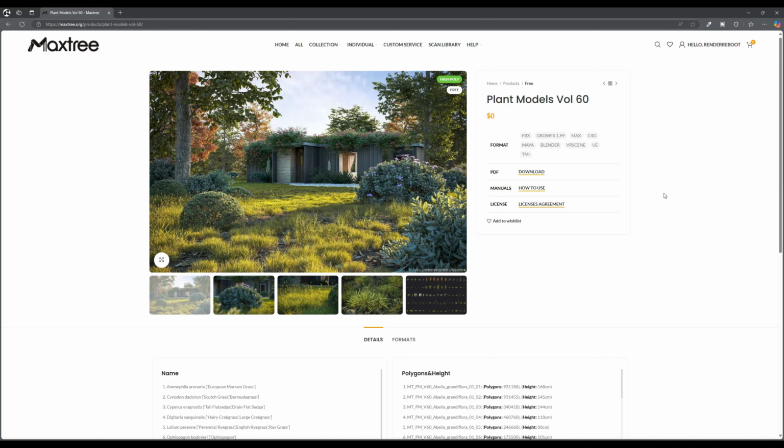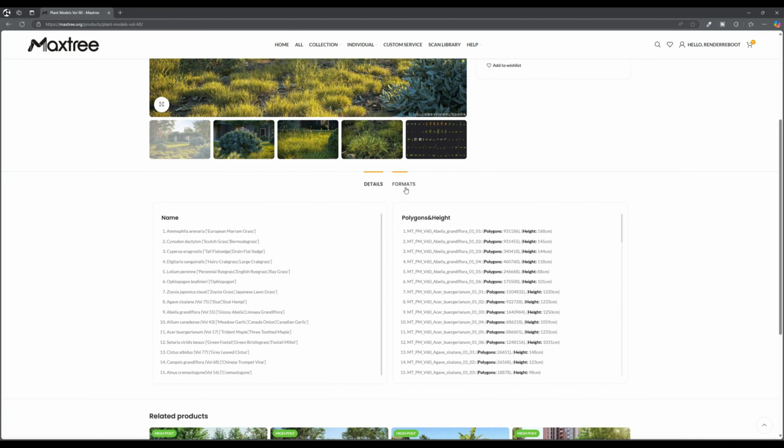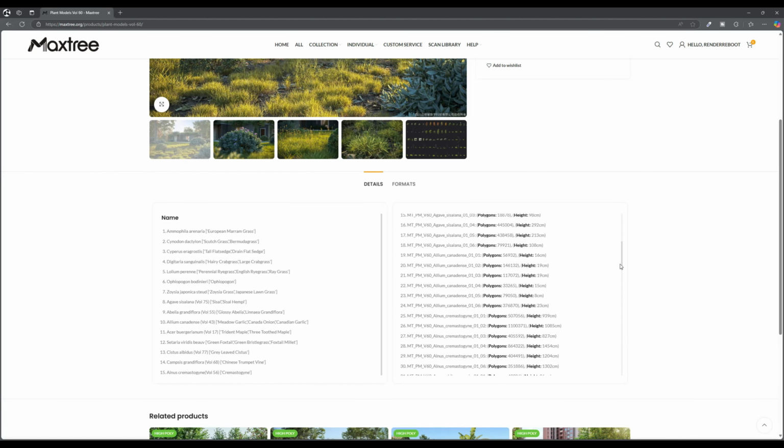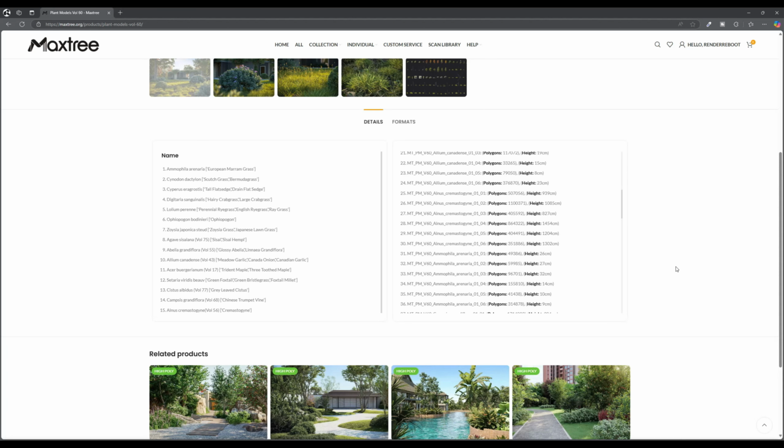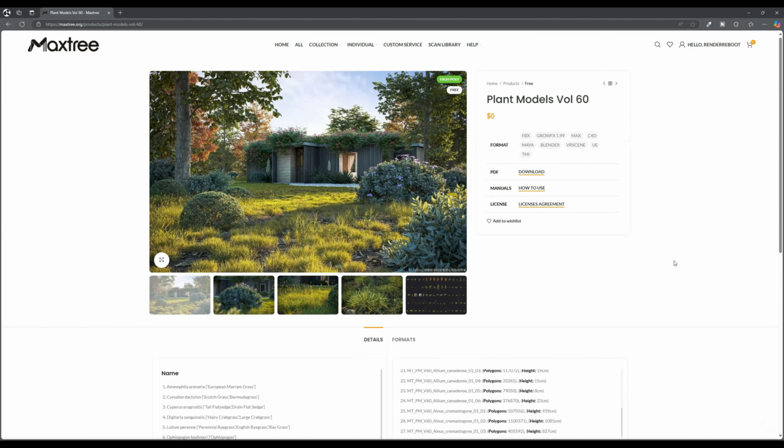I've already downloaded it, so it's not going to show me where I can download it again, but it has the names, the different types of plants, and the heights, and it was very useful. If you download the PDF version, it shows you the image of each of the plant models, and I was really happy with it. So let's get to the video so I can show you exactly how I applied Maxtree plant